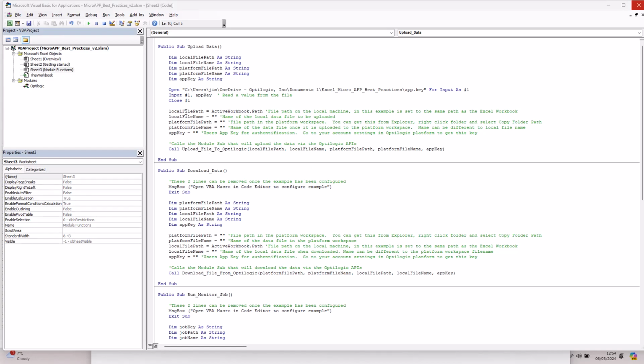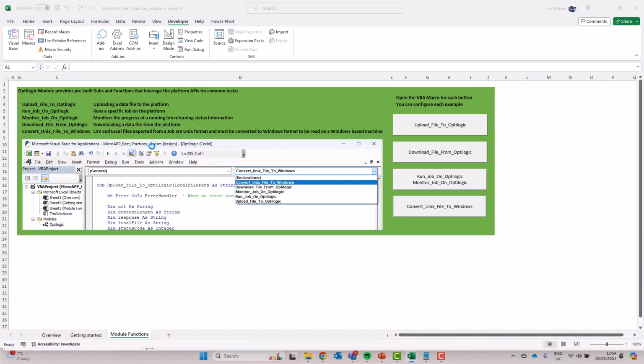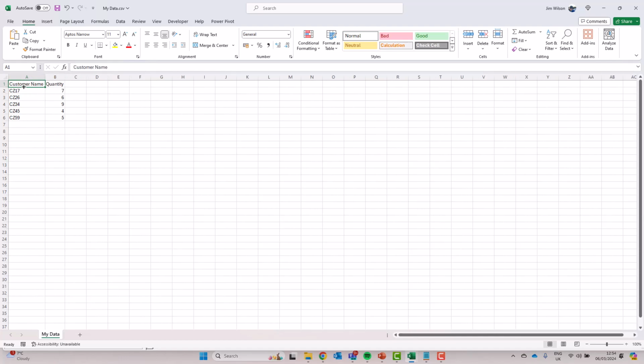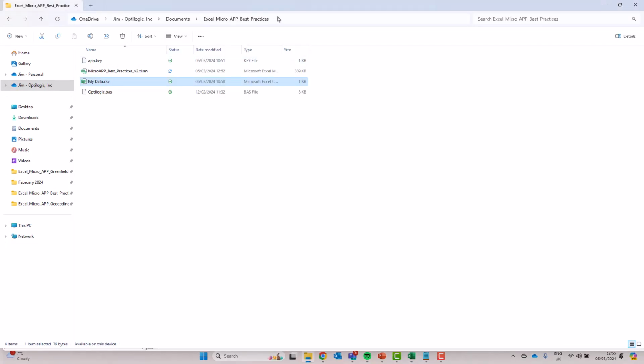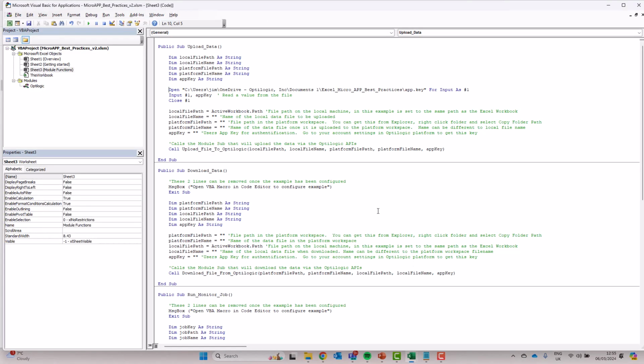So the first one is the local path to the file and the file name. So I have my data file here locally, it's called mydata.csv, and if we open that up, then we can see it's a very basic few rows of data for a couple of columns. But this is the data that we want to upload to the Optilogic platform. So what we can do is take the path to that local data and put that instead of the default, and then we can give the local file name